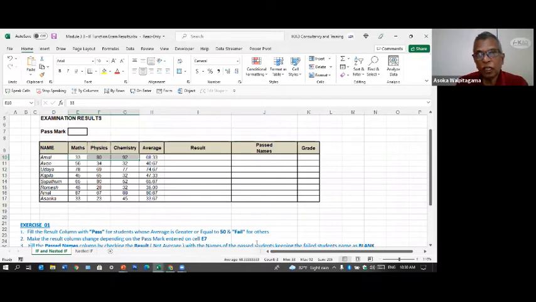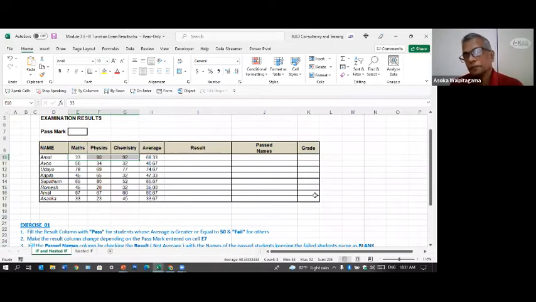Then there's another one called conditional formatting. If you want to change the format of a cell, not the value, format of a cell, depending on a condition, you can use conditional formatting. That is, for pass people, you can say it's green color, fail people, red color, the result. That is also possible. That's a different one. So either changing the value of a cell, use the function. To change the format of the cell, you use the conditional format, right?